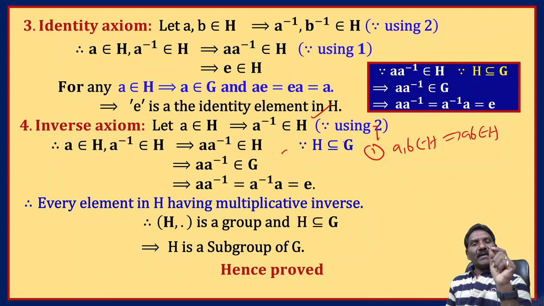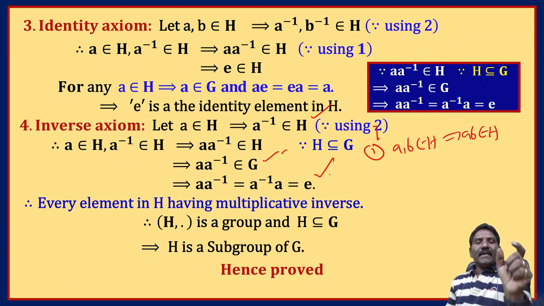Since H is a subset of G, H is a subset by given condition. All the elements in H are the elements in G. That is, A inverse belongs to G. Since G is a group, G satisfies 4 conditions: closure, associative, identity and inverse. By inverse property, A inverse A equal to A A inverse equal to E, where E is the identity. Therefore, A belongs to H gives A inverse belongs to H, and A inverse A equal to A A inverse equal to